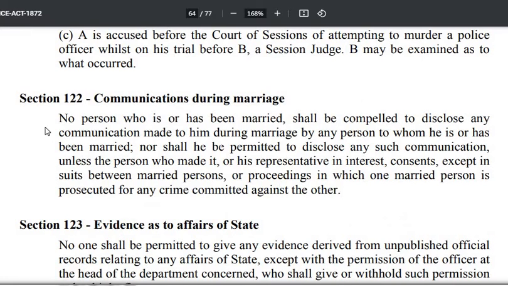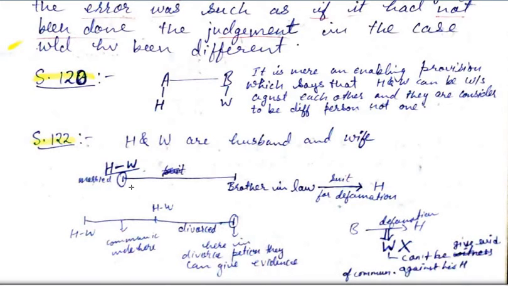So if you read that carefully, no person who is or has been married shall be compelled to disclose any communication made to him during marriage. During marriage means communication कब हुआ होना चाहिए? During the continuance of the marriage, by any person to whom he is or has been married, nor shall he be permitted to disclose any such communication unless the person who made it or his representative in interest consents. If the person who made it is dead, तो उसका representative in interest, उसका consent होना चाहिए।